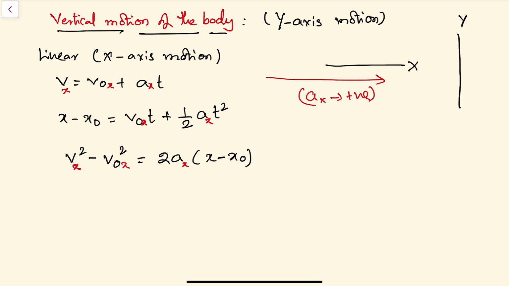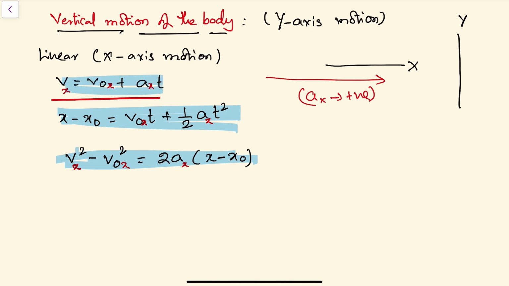So there is no confusion about acceleration along the x direction, but we will see the simple rules and sign conventions for vertical motion along the y direction when the body is free falling, and how these equations are applied for vertical motion, and what the acceleration due to gravity is. Because in vertical motion, when the body is falling down and when the body is moving up, acceleration due to gravity will always be present. Now how to take positive, negative, and what are the conditions for that?